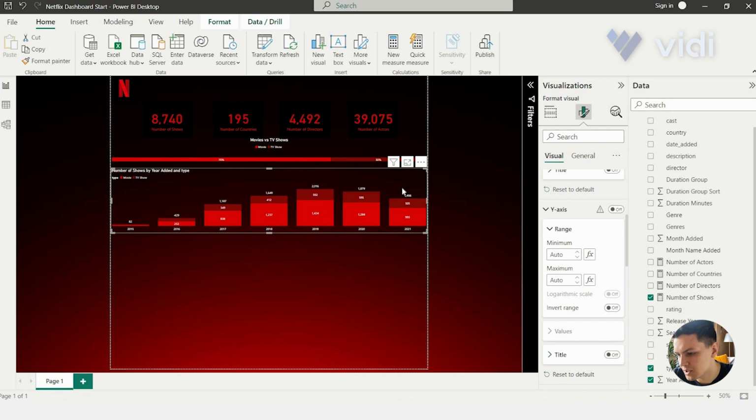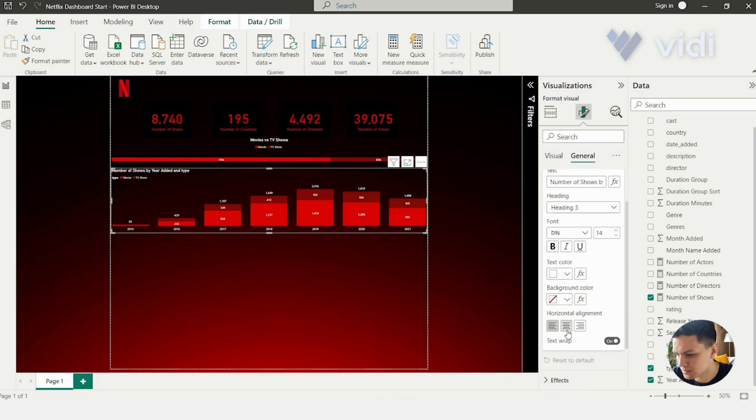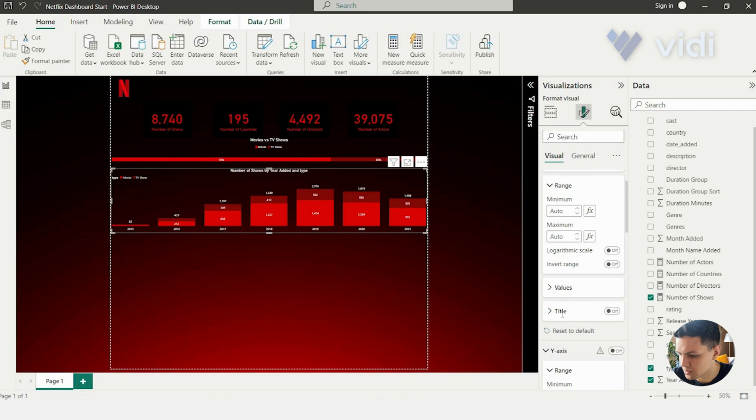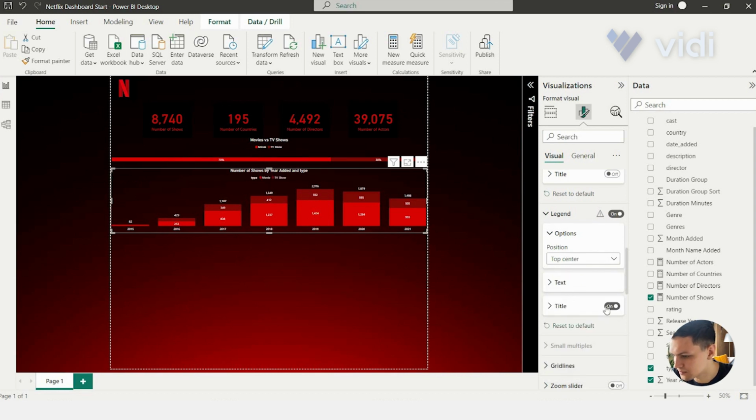So the last thing I need to do on this is just to shift the title to the center, like this. I will also edit the legend. I will shift it to top center and delete the title. Okay, so